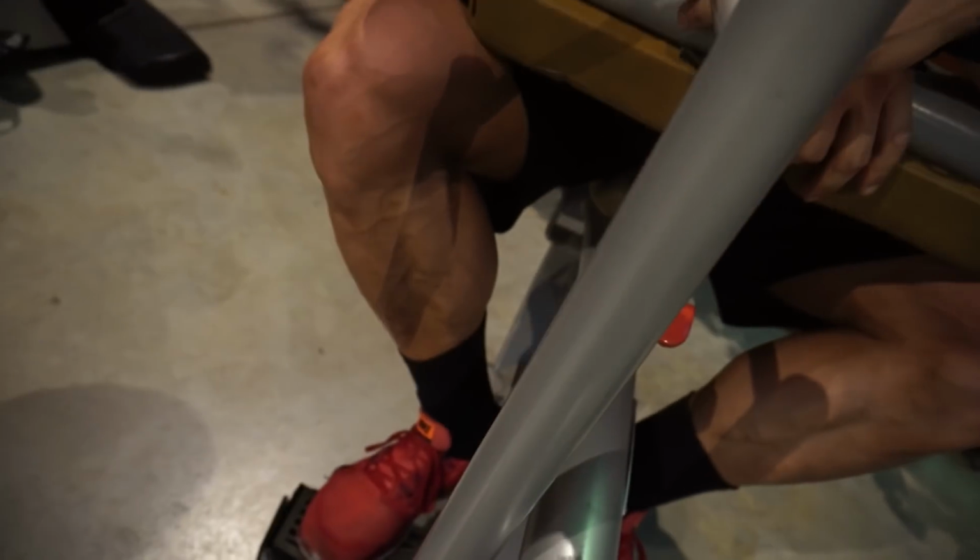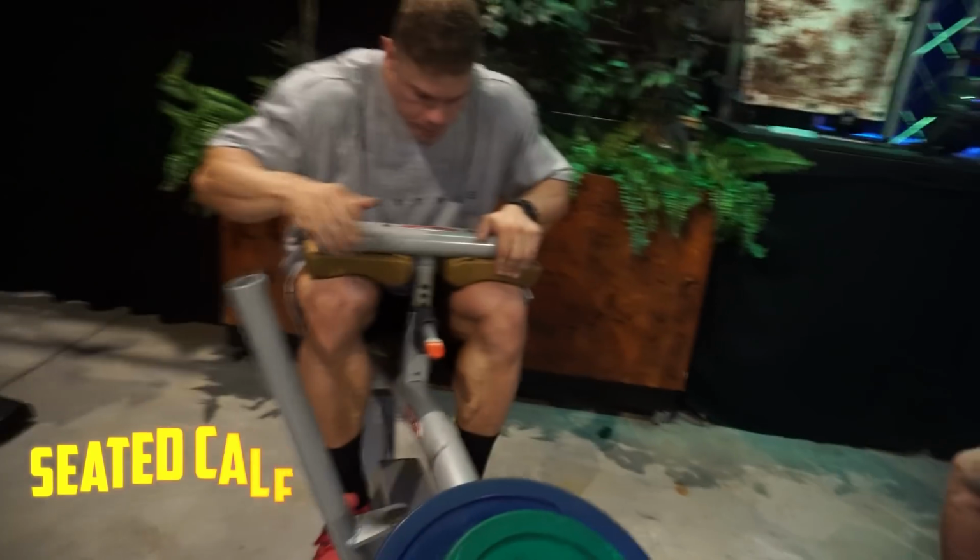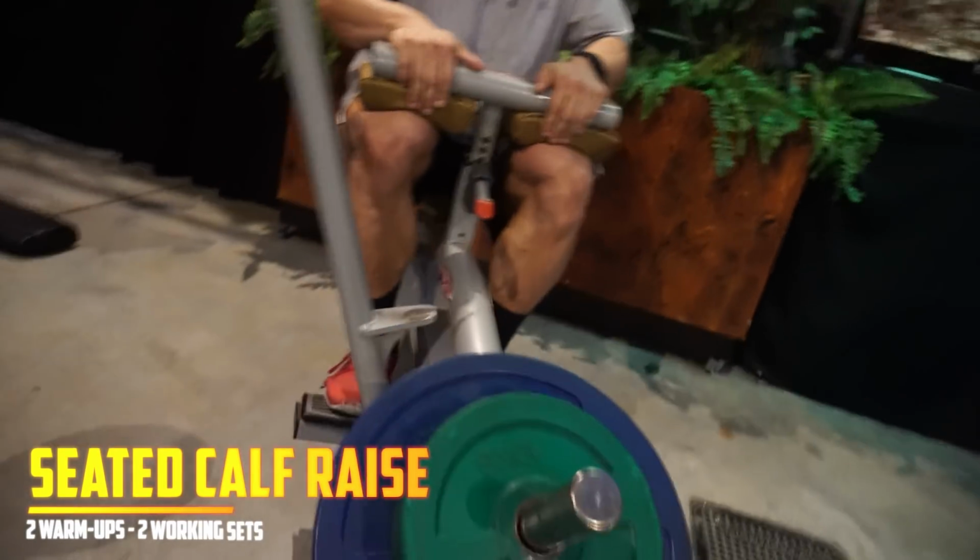Alright guys, time for the last movement. So we did 3 isolations, 2 compounds, and now it's time for another isolation for the lower legs, the calves. Now if you have weak calves, I would suggest doing 2 calf exercises, 1 straight legged and 1 seated. What I like to do is just 1 exercise seated, and then the next time I train legs I do a straight legged exercise to target all the calf muscles. But this time we're going to do the seated calf raise with both calves. Let's do it. Now the last movement is a seated calf raise, and I will tell you guys later on as well, but